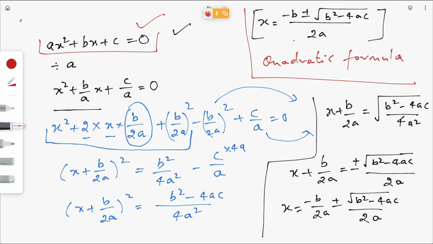So now, instead of all these steps, instead of performing a square plus b square and then splitting this one and getting this b here, taking the root, you can avoid all these steps if you use this formula. You just need to substitute these values: the coefficient of x square, the coefficient of x, and the constant in this equation. Then you will get the solution directly. Any doubts? Understood, right?